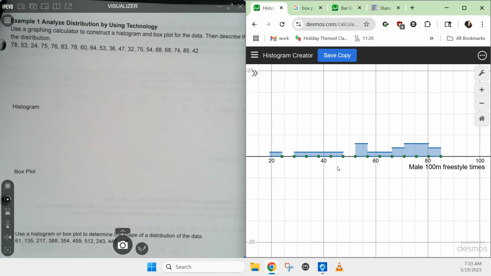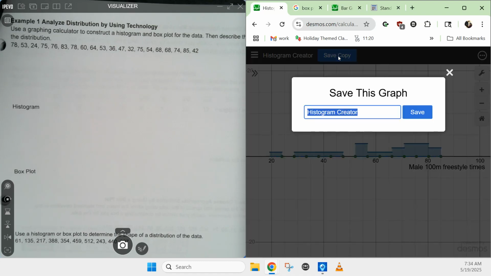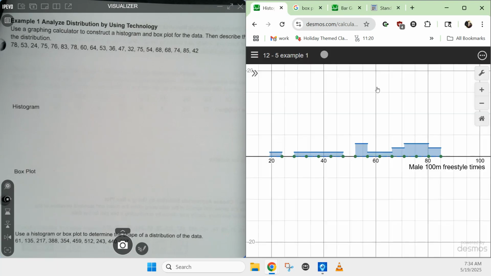I am not going to make you print out your notes histogram, but you can up here save a copy and say 12.5 example 1, and it'll save, making sure that you've signed in to your Google account. And so there we have that. But if I want a box plot using that same information,